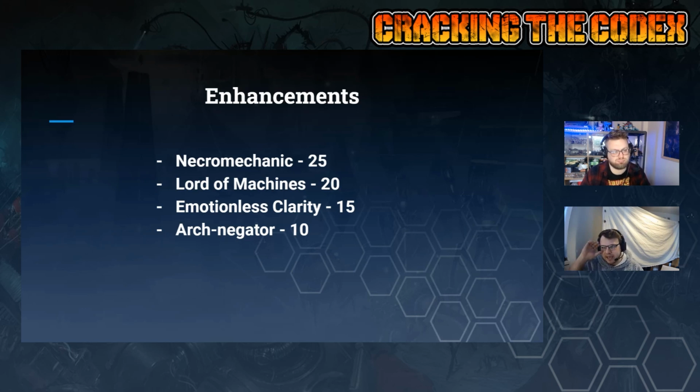Emotionless Clarity. Again, tech priest model only. Once per turn, when a friendly Legio Cybernetica or vehicle model with the Deadly Demise ability within 12 inches is destroyed, instead of rolling, you can just auto explode. This is funny. Maybe this one goes in some lists. I'd have to look at the datasheets and go, is there some potential to play very aggressively with my units and go out of my way to try and explode them? But again, it's